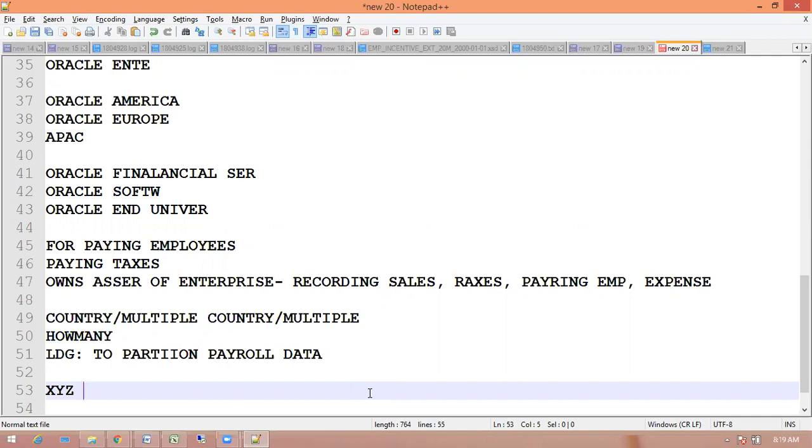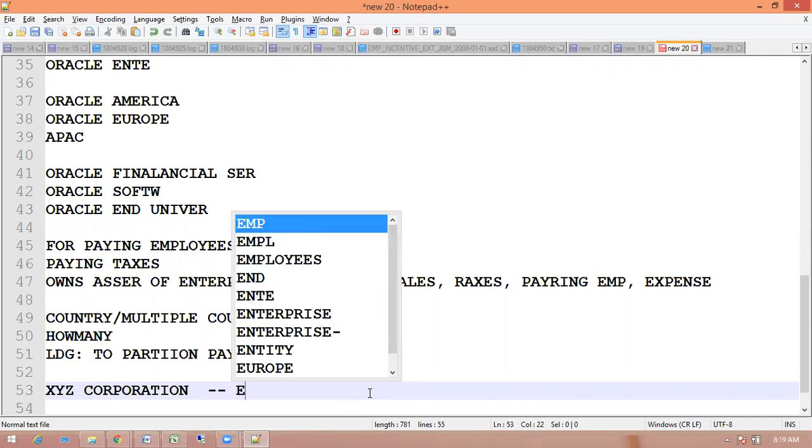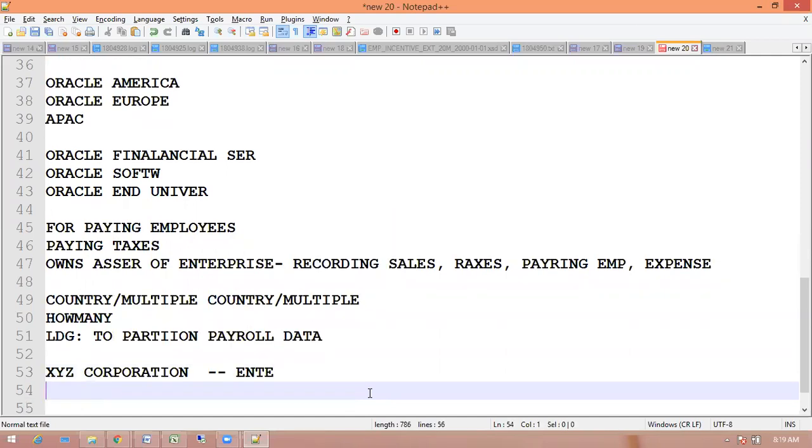Let us take XYZ Corporation as an enterprise. Based on their product, like construction, they might have countries or they can have products. Countries can also be made divisions, or business-wise you can make divisions.